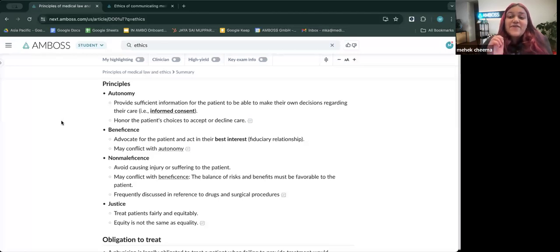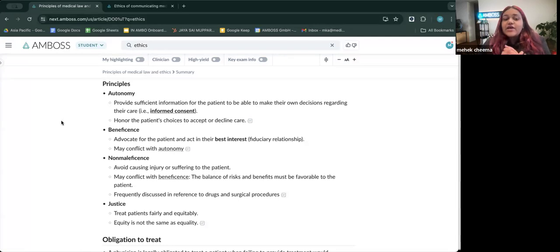What's worse is if I don't even ask you for your consent. If I take you, operate you, and say, I'm done. Doesn't work that way. You have to ask for consent. Apart from autonomy, there's beneficence, which means that everything you do has to be in the best interest of the patient, not of the hospital, not of the finances, but of the patient.